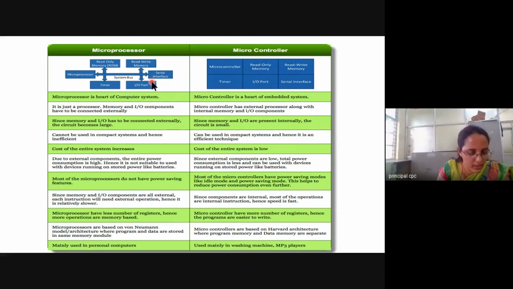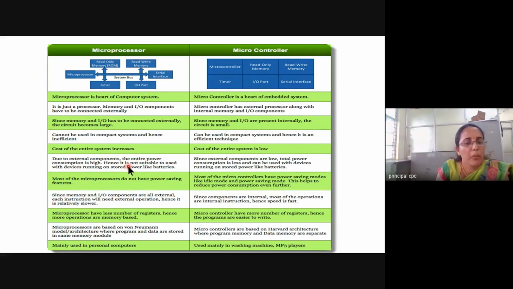So the circuit is larger. Obviously we cannot use that for compact devices. Here we can use it for compact or handheld devices like mobiles and all. So it is bulkier, hence we cannot use it for compact systems, and this one is less in size. We can use these microcontrollers for compact or handheld devices.